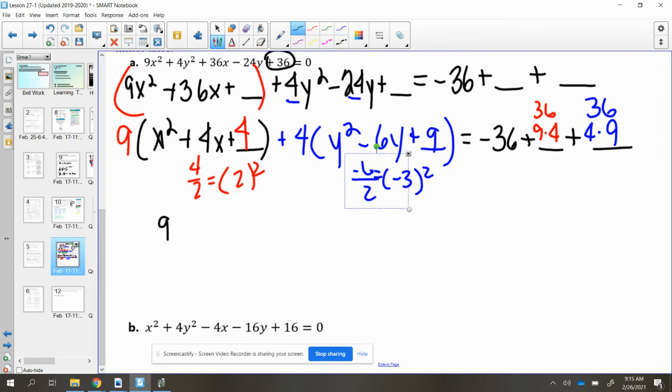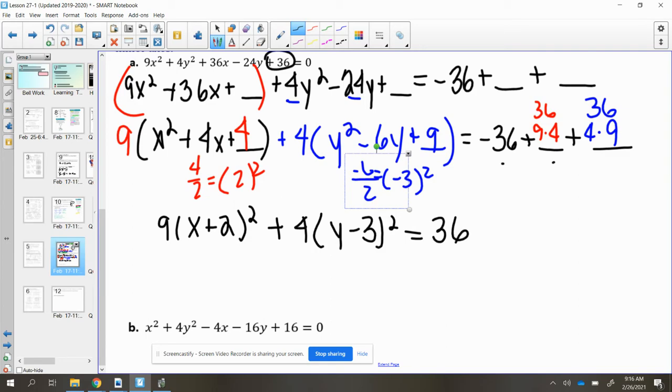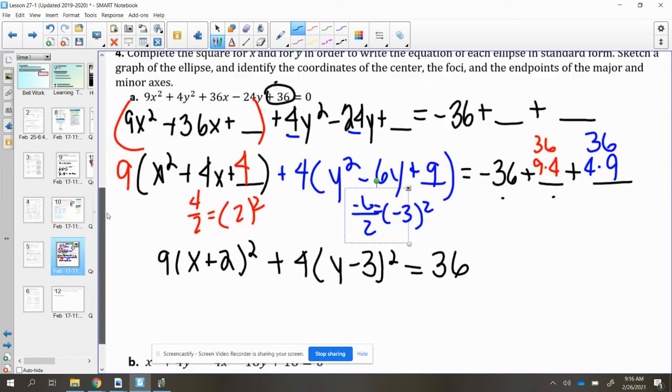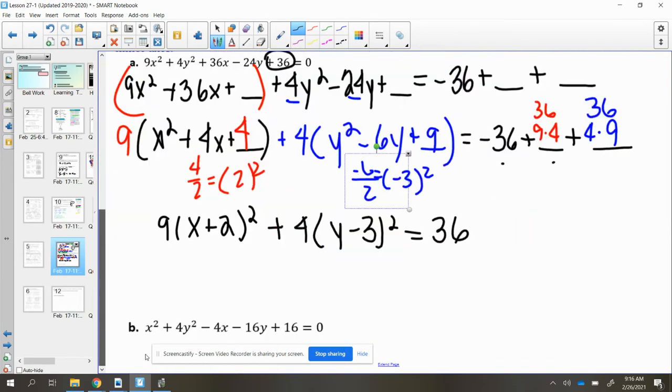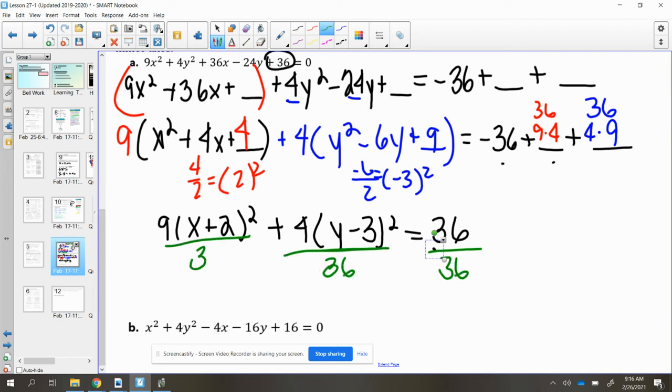Now, when we factor, we still have x plus 2 in parentheses. Notice we still have that 9 out front. And then we have y minus 3 in parentheses, and we factor there. And then -36 plus 36 is 0, plus another 36 is 36. Now, we know our ellipses always equal 1. So the last step here is to divide everything by this 36 and simplify